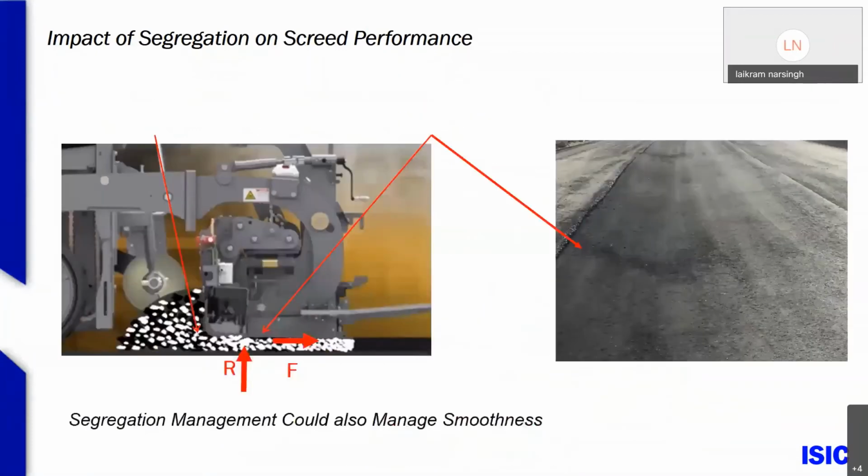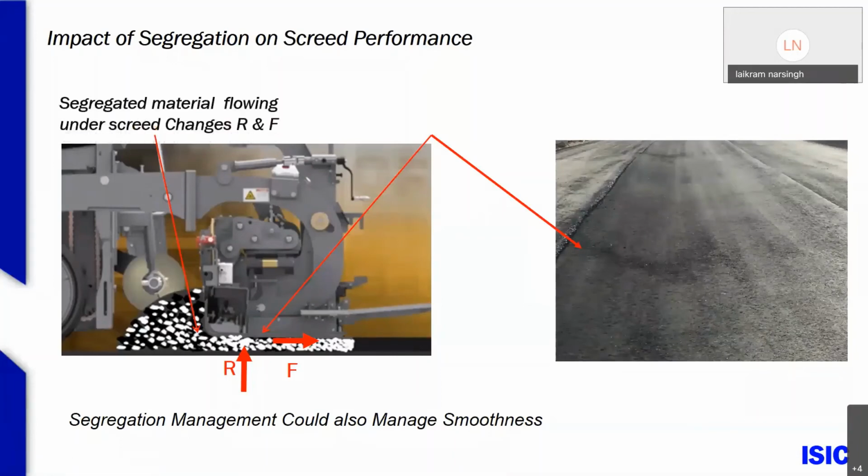So what happens in that process? Usually at the end of load, the next load comes in, start of load, or if we're paving with a material transfer, we run the insert low. We could have 1 ton to 2 tons of segregated material flowing under it. So the behavior of the screed performance will change because we don't have as much fines and asphalt lubricant prior to that segregated material. So more than likely what will happen is, as the segregated material flows under the